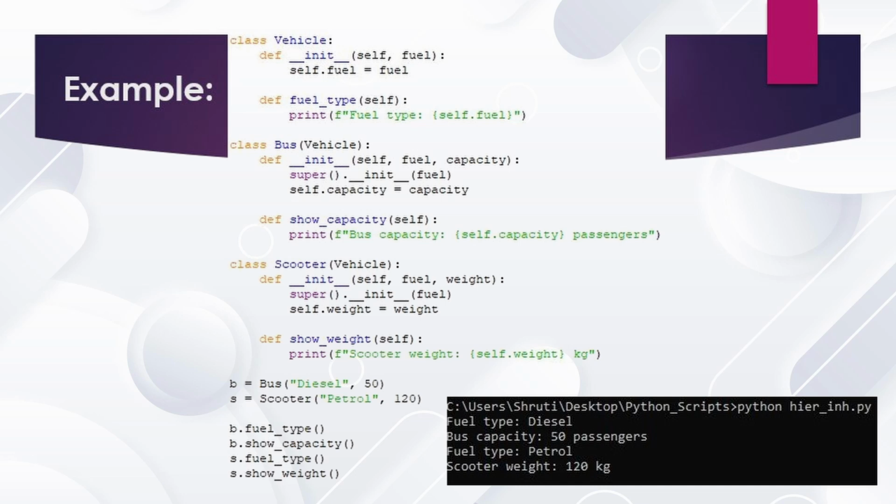The method b.showCapacity prints bus capacity as 50 passengers. The method s.fuelType also calls the parent class method and prints fuel type as petrol. Finally, s.showWeight prints the scooter weight as 120. This clearly shows how both Bus and Scooter inherit common features from the Vehicle class while also having their own